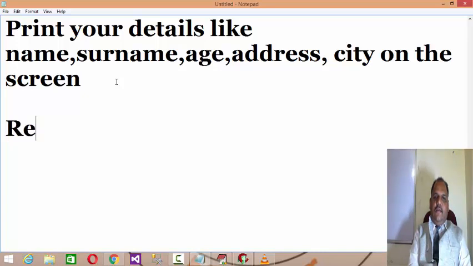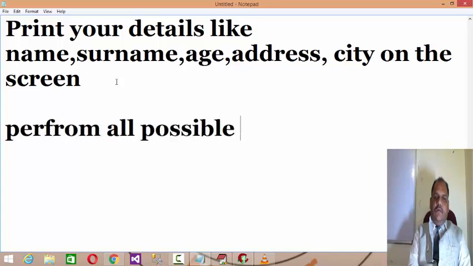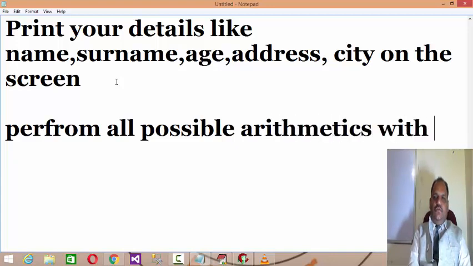Let us write one simple program regarding the addition of two numbers. Perform all possible arithmetic operations with two numbers. Let us try one small program for that, right? If you are going with two numbers, obviously you will have variables like integer a, comma b.